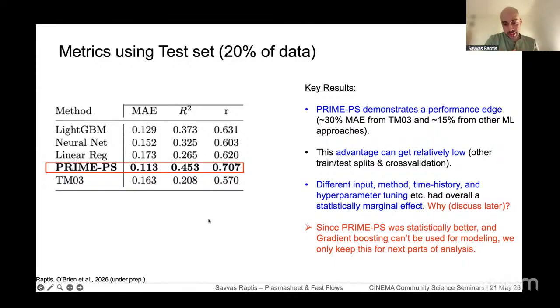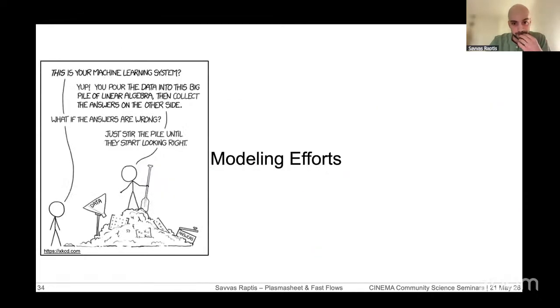And again, this advantage, I have to be super honest, can get low. So this is more of a high-end advantage that I'm showing here. Depending on how you split the data, this kind of edge can be lower, but it's always there. And we will see why this is the case, that regardless of the model and how complicated it becomes, you cannot really exceed a specific performance. But since PRIME PS performs the best out of the methods, the rest of the plots are basically assuming that this is the optimal algorithmic solution, at least.